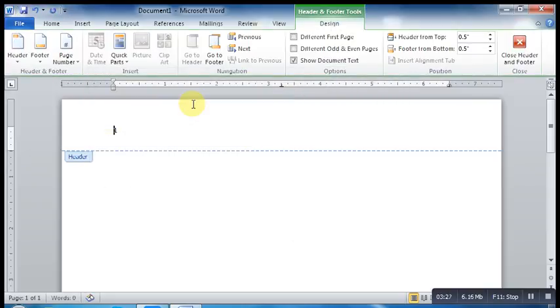If you've already typed information into your header or footer, it's important to place the page number using the Current Position page number style to avoid losing anything. If you select a page number from Top of Page or Bottom of Page, it will delete anything you've already added to the header or footer.